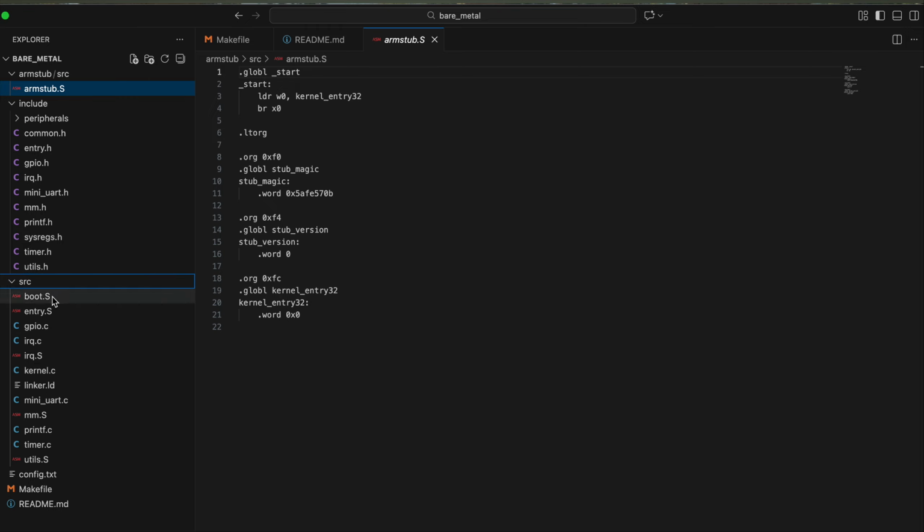Okay, so this is how it is organized. All C and assembly is organized in the source, and all header files are organized inside the include folder. Okay, so the first thing which I want to tell is basically